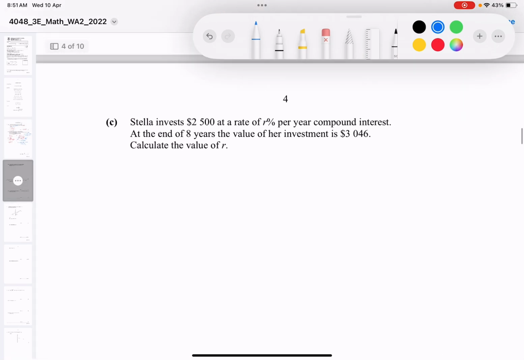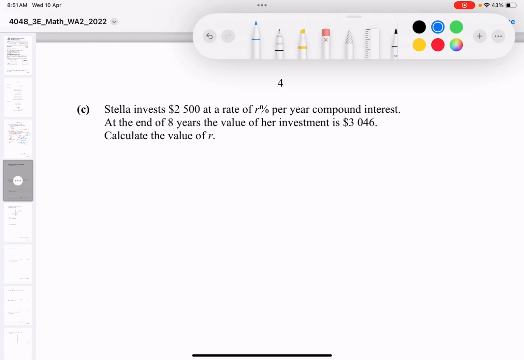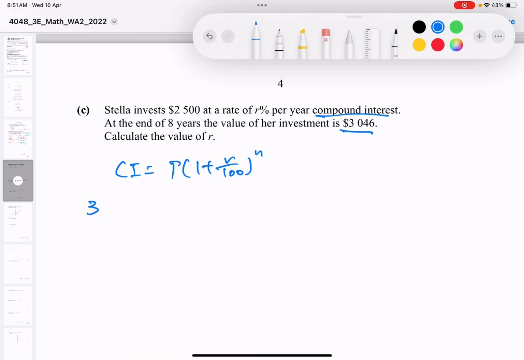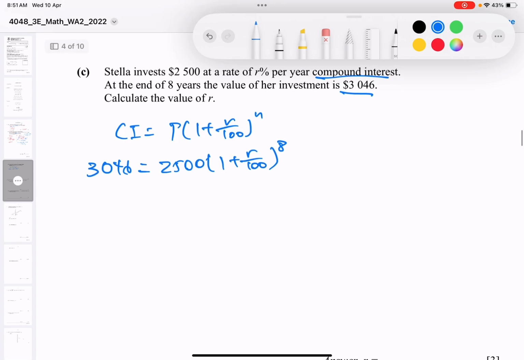All right, let's look at part C. Stella invests 2,500 per year compound interest. At the end of 8 years, the value of investment is 3046. Okay, so again, the compound interest formula is P1 plus R over 100 to the power of N. So the compounded interest after 8 years of value of investment is 3046. Her principal is 2,500. 1 plus, it's invested at R. We don't know what R is, but we know it's going to be invested for 8 years. So how do we solve this? We divide both sides by 2,500. So I'm going to take 3046 divided by 2,500. I'm going to get